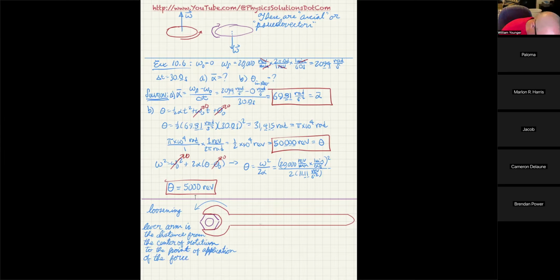So hopefully you now see that when I ask you, will pulling up at this point A or pulling up at this point B allow me better chance of rotating this nut? And no one answered, but you can see hopefully from that that at point A, the lever arm is just from here to here. And at point B, the lever arm is from here to here, and that's a much longer lever arm. And what you were supposed to answer was that if you really, really wanted to loosen this nut and you were having a hard time, then you want to definitely put your hand as far away from the center as possible. Because of that, we reached the conclusion that